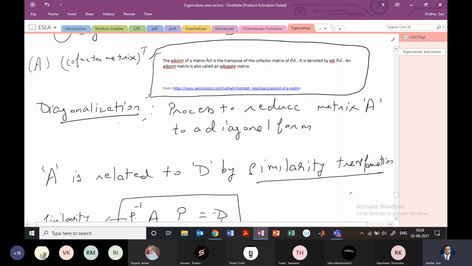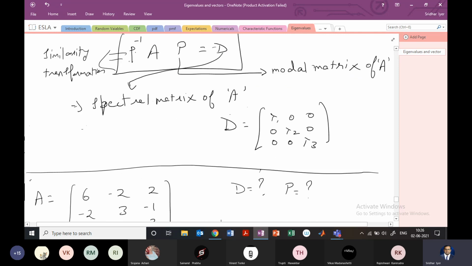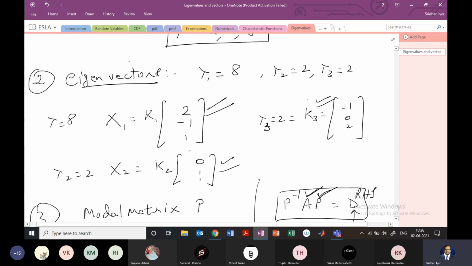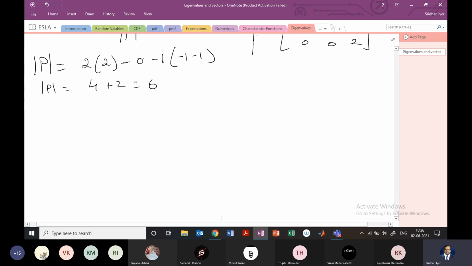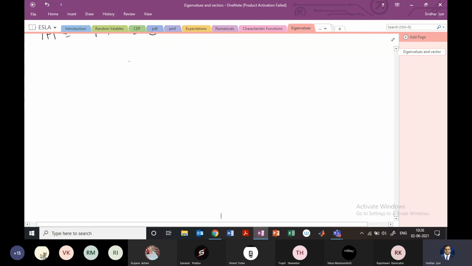So how do you find the cofactor matrix? We have found the cofactors before, right? You take each element and find the cofactor one by one. After finding that matrix, go ahead, transpose it, and you will get the adjoint. This matrix is also sometimes known as the adjugate matrix, but we are just going to use the term adjoint, right? Okay. So this is a little manual work to find the adjoint. P is already given to us. We already have the determinant, so I'll rewrite P.